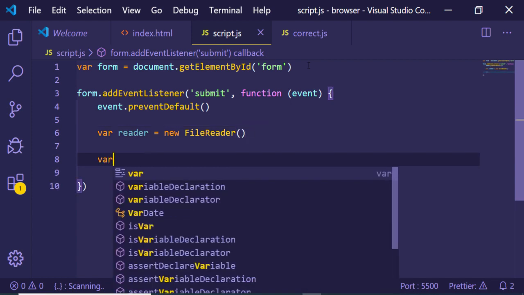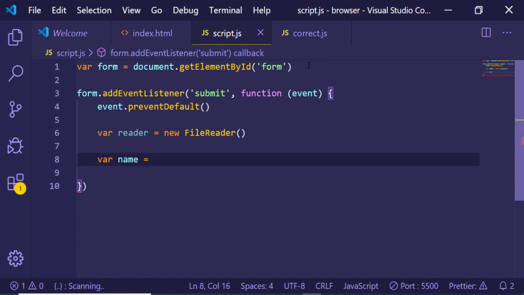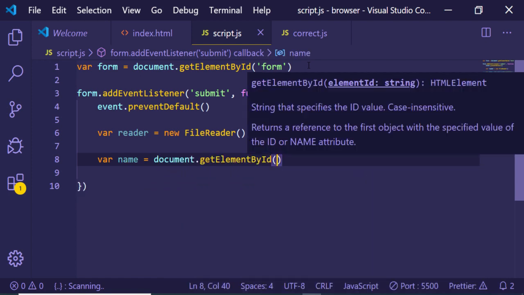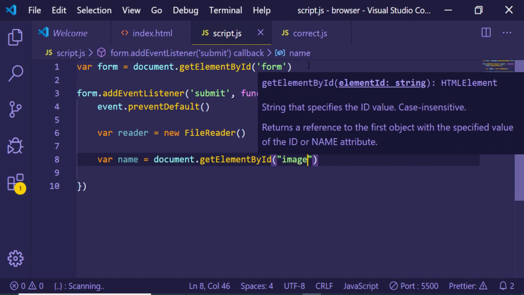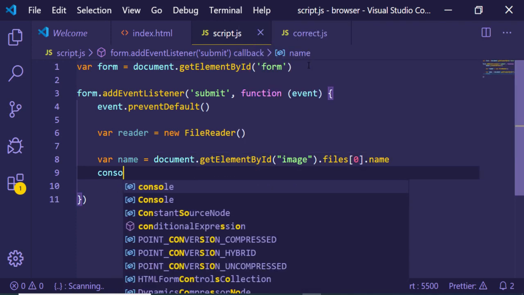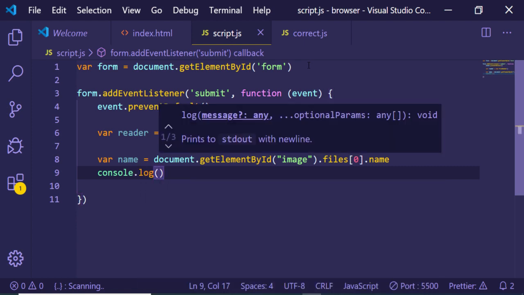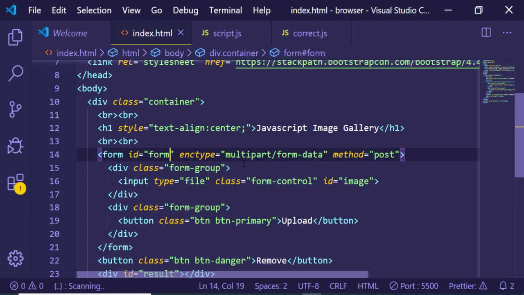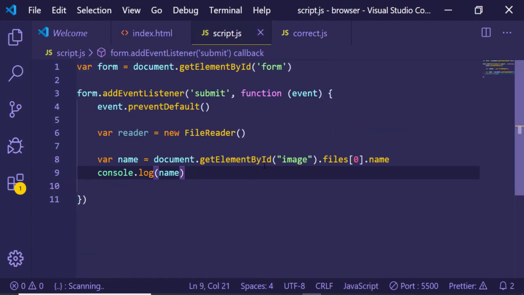And now in order to print the file name that we have uploaded, we can just use the ID that we have given to the file name input field. This is image.files, this is an array, so files[0].name. And now we can just console.log this name here on the screen like this. So we have given this ID to the input field, and we are making use of that and printing out the name of the